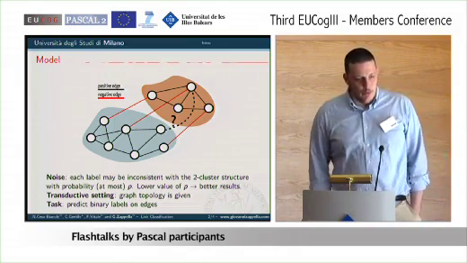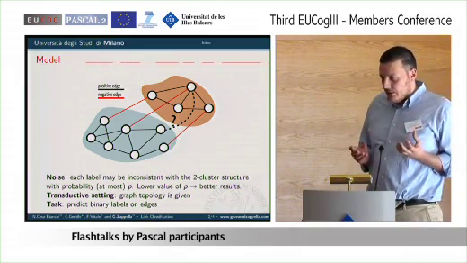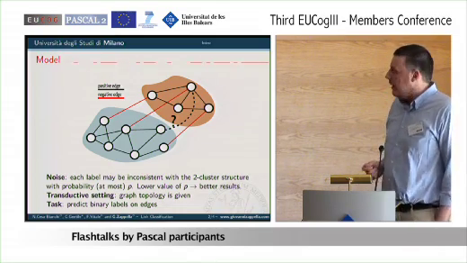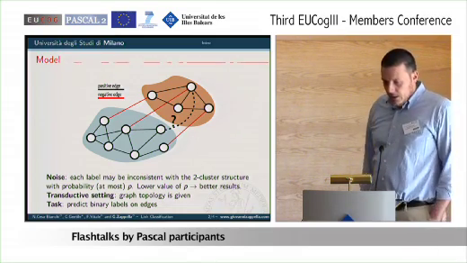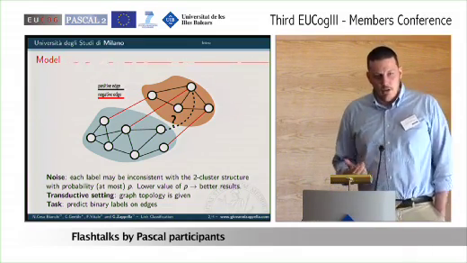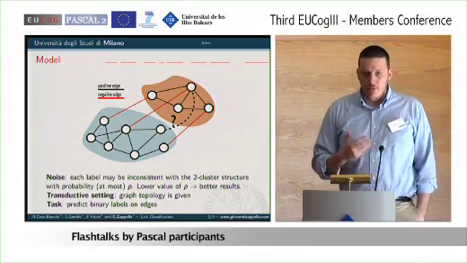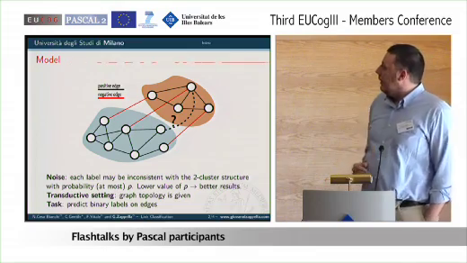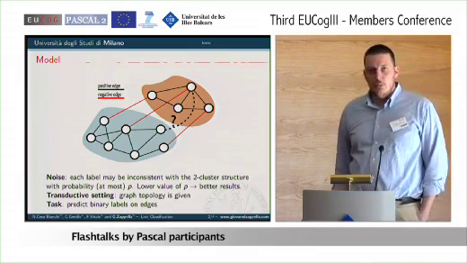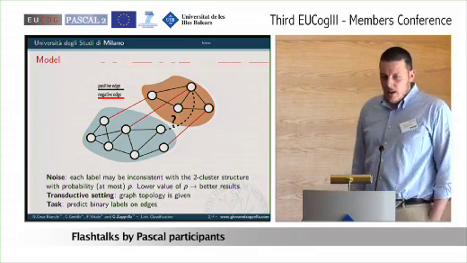And we model this problem as a two-cluster graph, where nodes in the same cluster are connected by positive edges, those have a +1 label, and nodes in different clusters are connected by negative edges. And we assume that these labels are consistent with the two-cluster structure with a probability of at least 1 minus p. And we work in a transductive active learning setting. That means that we know the topology of the graph in advance,